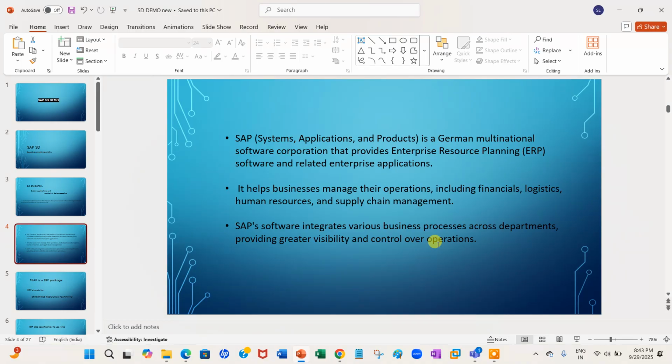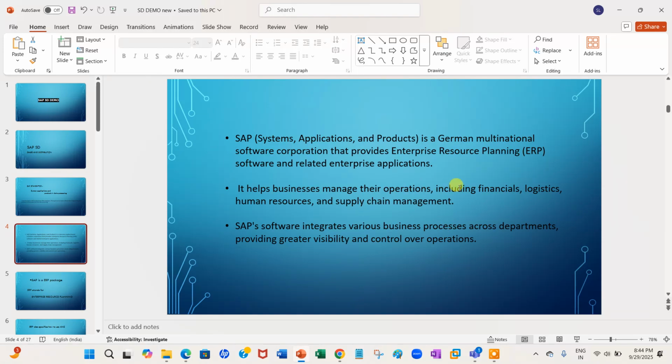So we have created one software. In which way is it useful? It helps businesses manage their operations including financials, logistics, human resources and supply chain management. At the same time it integrates various business processes across departments, providing greater visibility and control over operations.